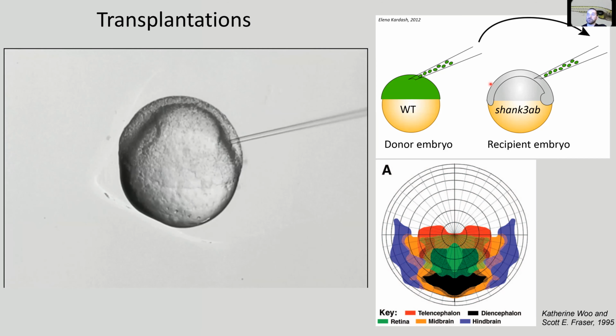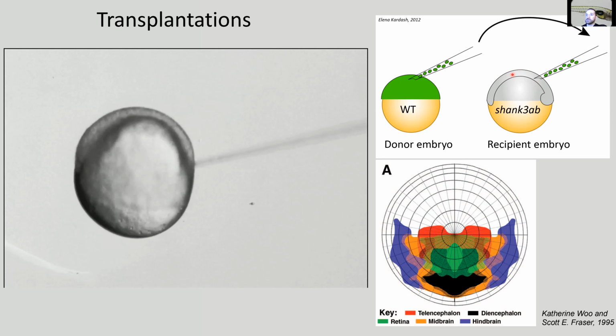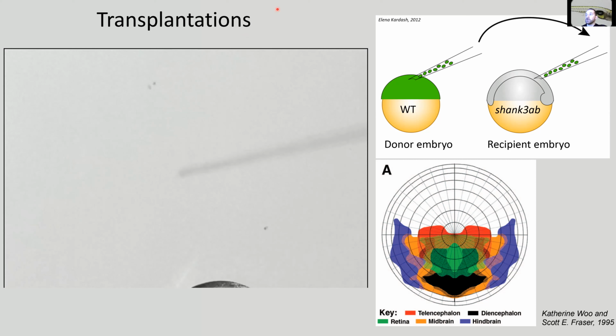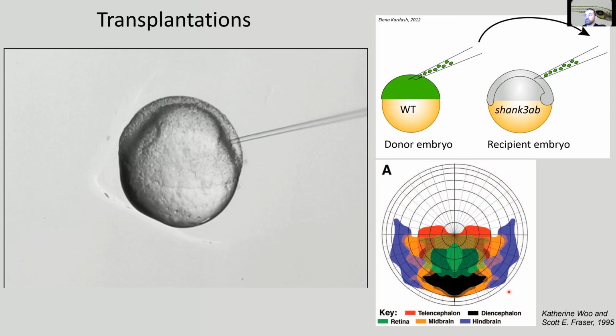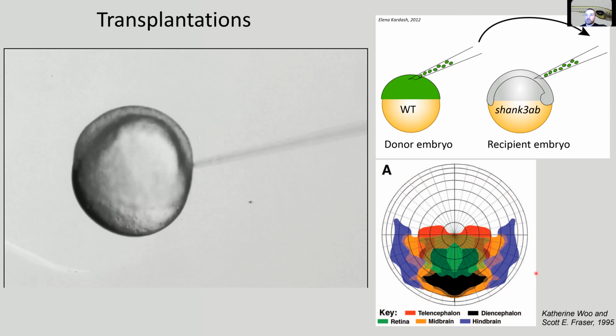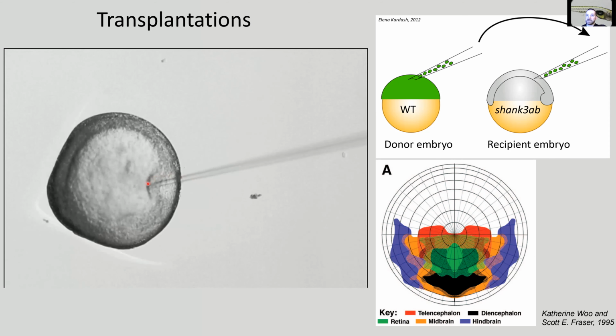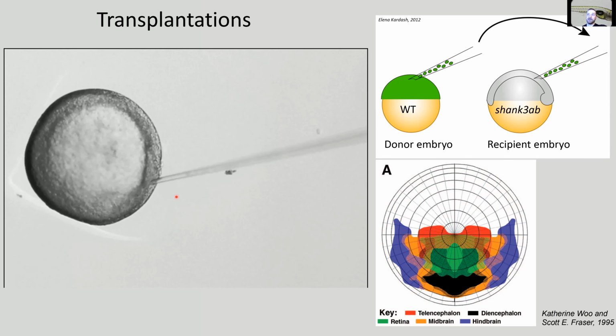tissue transplantation. So it's another advantage of using zebrafish, is you can take cells from developing embryos from a donor embryo, transplant them into a recipient embryo, and have these distinct cell populations grow up. So there's been a ton of work to date done on getting fate maps for various regions. This figure here is from Catherine Wu's paper with Fraser that maps out brain regions in the developing embryo really well. So we're able to take these cells from one embryo and inject them into another and get these nice